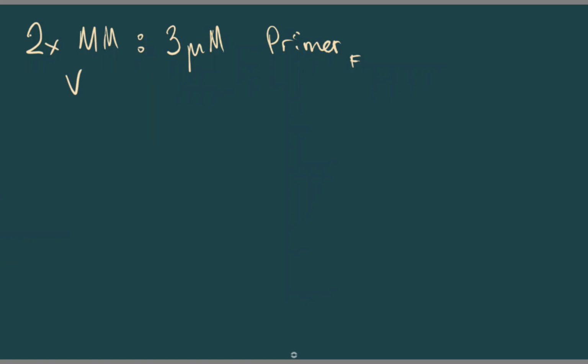Now we know the conditions, and we can find, for example, for 2x master mix, the concentration of 3 micromolar for the forward primer, and we also knew the working volume, which was 18 microliters,